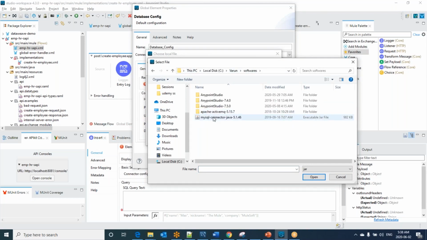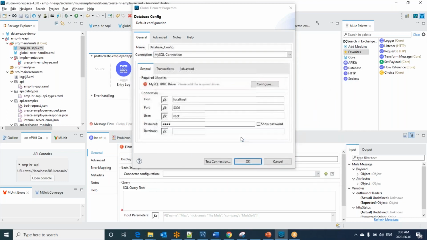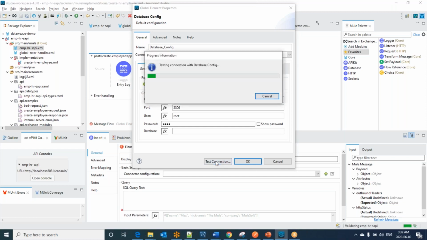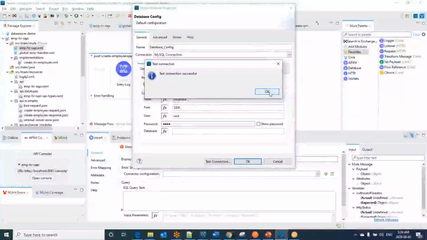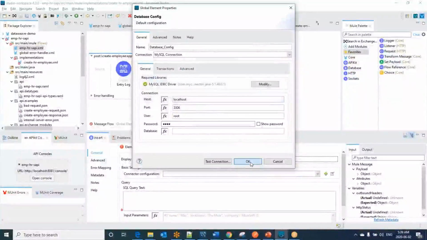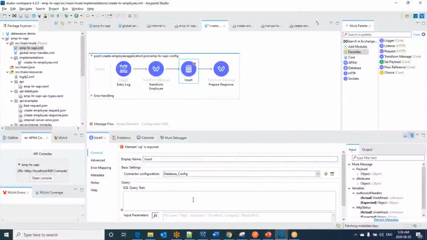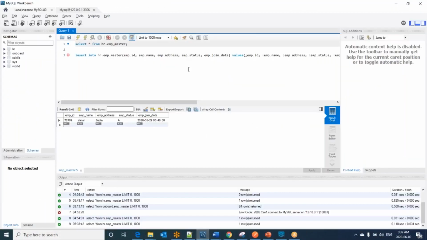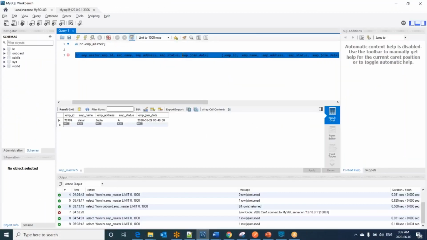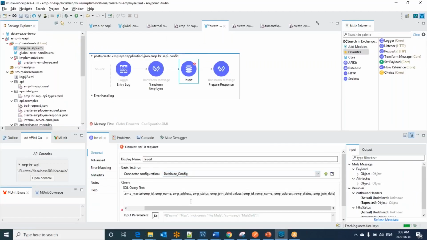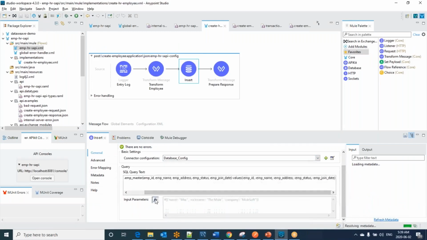Software, MySQL jar, open. Okay. Click on test connection. Test connection successful. Okay. I have already prepared the query to save time because we have been working on this database already. So let me copy paste the same, save.